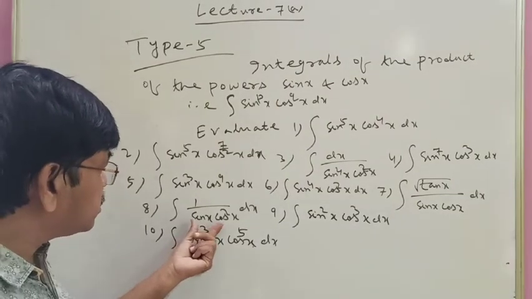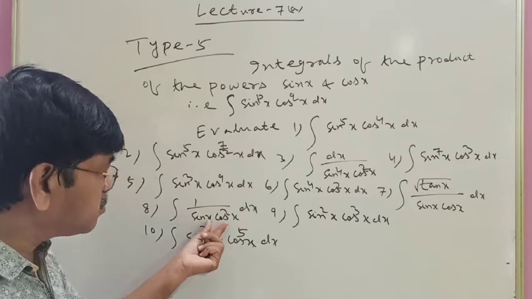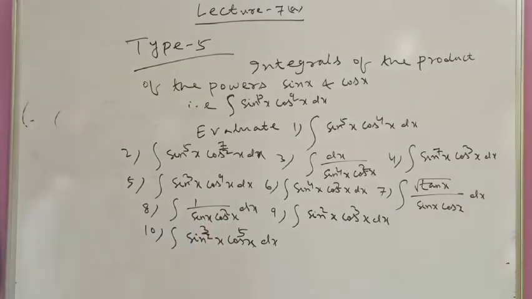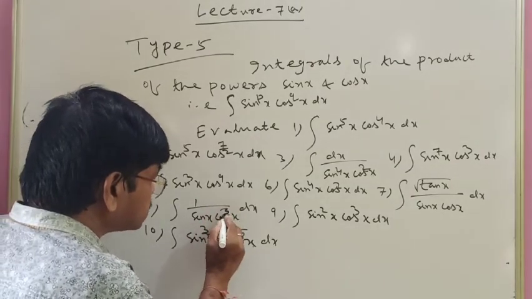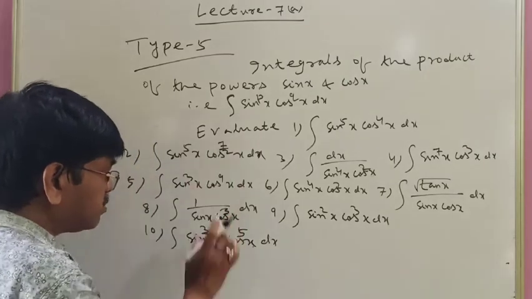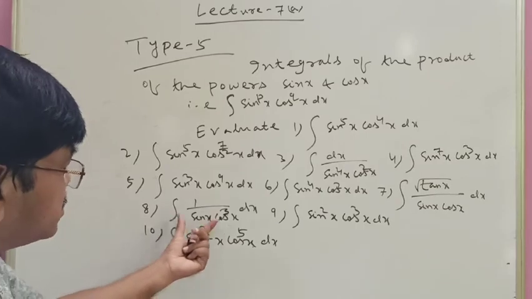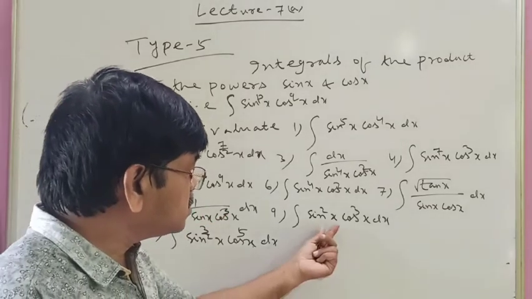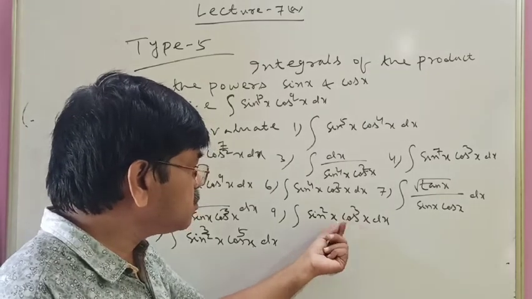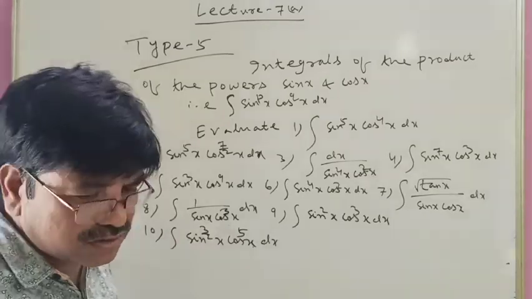And similarly here, the power of sin x is 1 and the power of cos x is 2. Okay, so this is cos 2x, not cos x. Please make it cos 2x. So this will bring out sin power minus 1, cos power minus 3, that is minus 1 minus 3, minus 4. So this is negative unity here. So here substitution tan x. Here the cos power is positive odd, so put sin x. Here the cos power is also positive odd, so put sin x. So these are the substitutions.